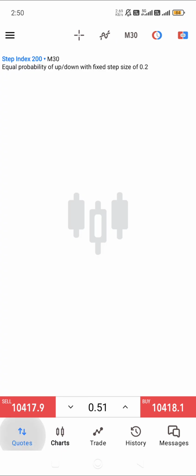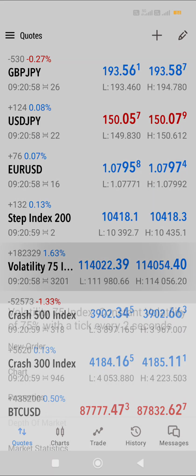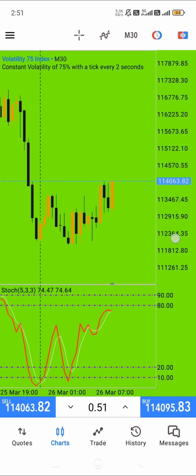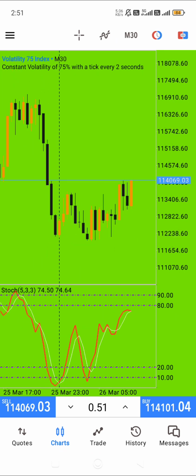Same thing, another market I will check, Volatility 75, this is the high volatility. This instrument is provided only by Deriv, that's why I have to open Deriv, open through the link, instant withdrawal. That facility you will get, and there are so many instruments, this broker you can trade 24/7.